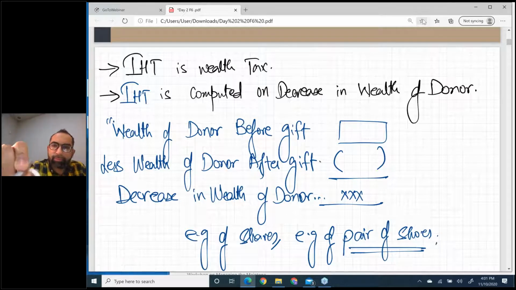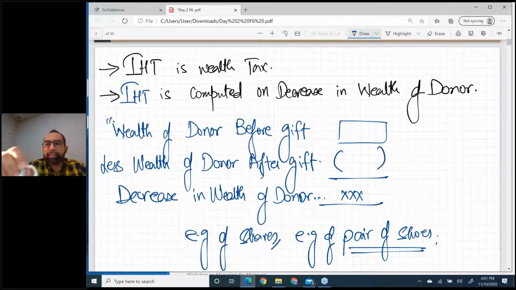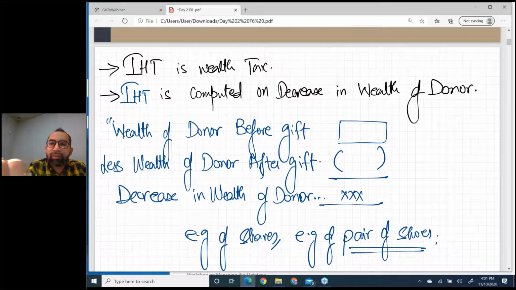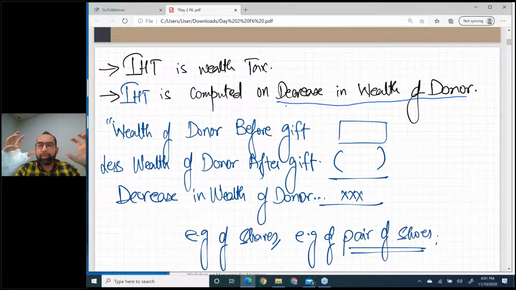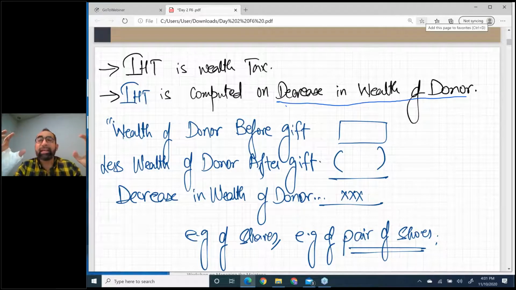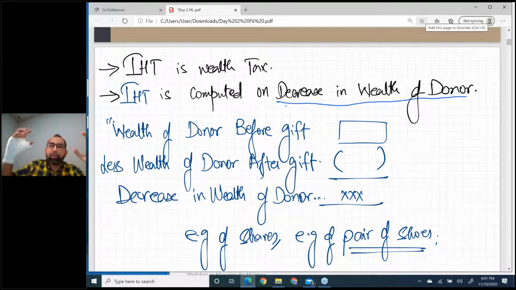Listen, IHT is computed on the decrease in wealth of the donor. There are two people: one is the donor and the other is the donee. The donor is giving the gift and the donee is receiving the gift. But the law is that IHT is calculated on the decrease in wealth of the donor, not the increase in wealth